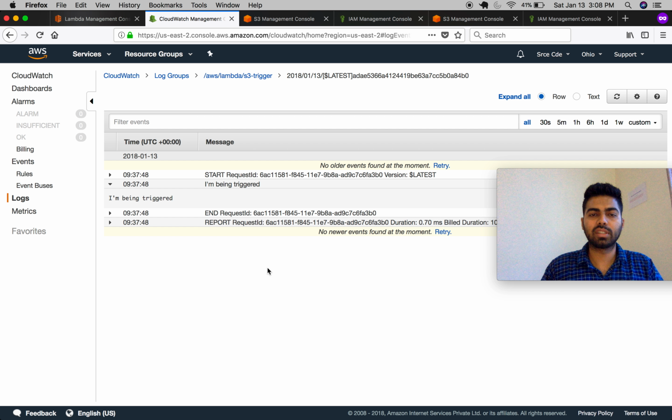So this was the quick tutorial on how to set up an S3 bucket trigger on an AWS Lambda function. Now whenever any file is added into the aws-lambda-trigger bucket, this Lambda function will get executed. In the upcoming tutorials, I will show you how to process the file that is being added into the S3 bucket via Lambda, and how we can access the data of that file and do some processing on it. Till then, stay tuned.